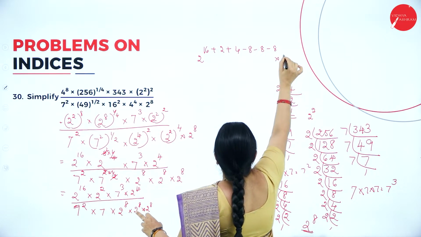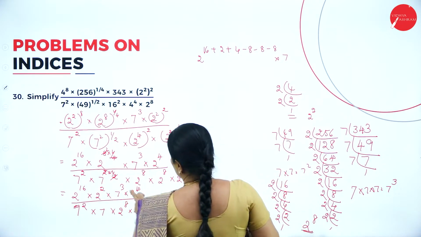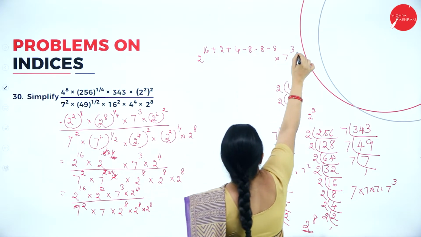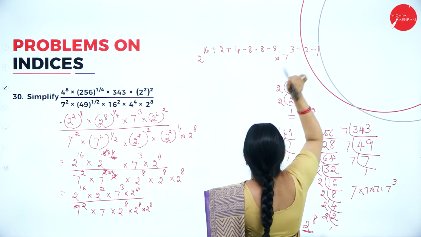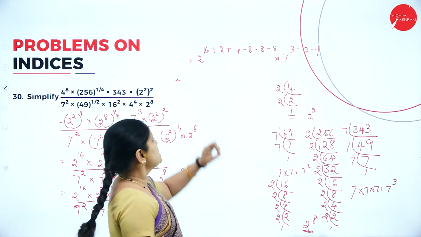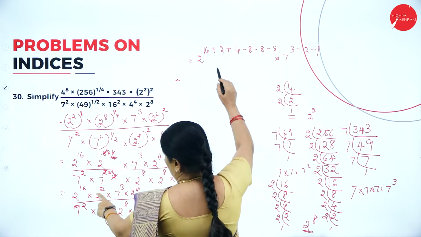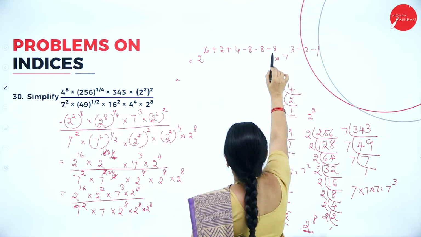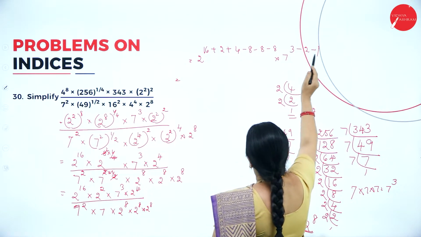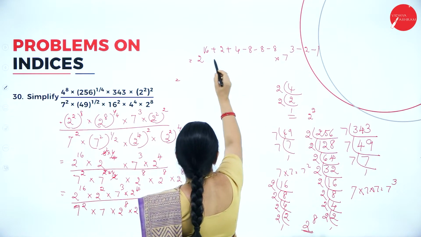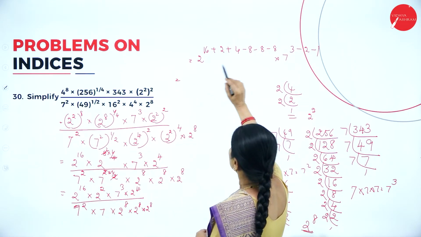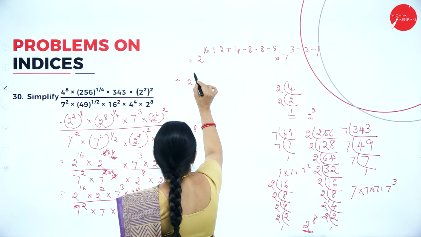Then, into. Next, I have the base 7 here. So, 7 to the power 3. Then, in the base, I have minus 2, minus 1. So, the next step will be, now what we have here is 16 plus 2 plus 4 minus 8 minus 8 minus 8 into 7 to the power of 3 minus 2 minus 1. Now, I'll simplify this. So, 16 plus 2 will be 18, 18 plus 4 will be 22. So, 2 to the power of 22